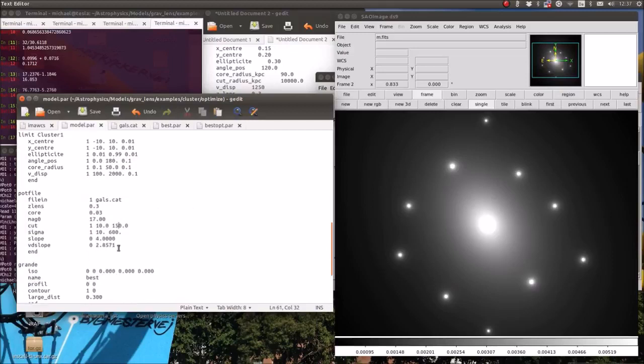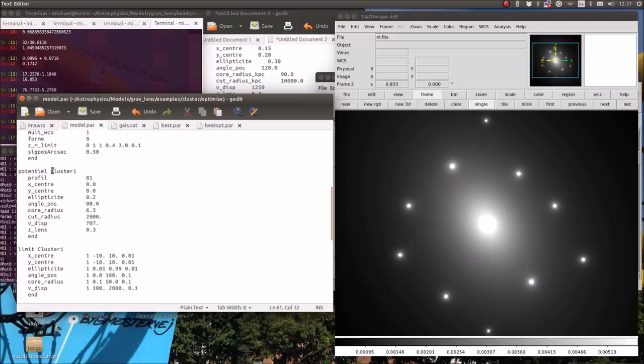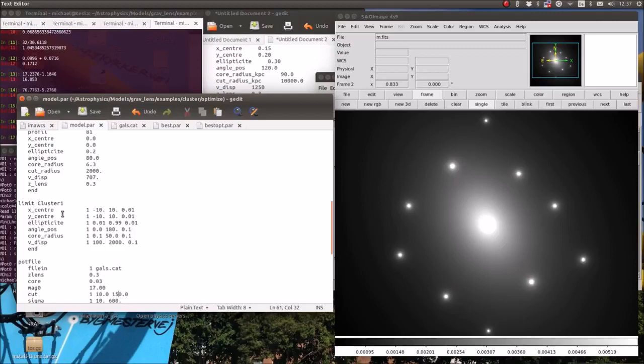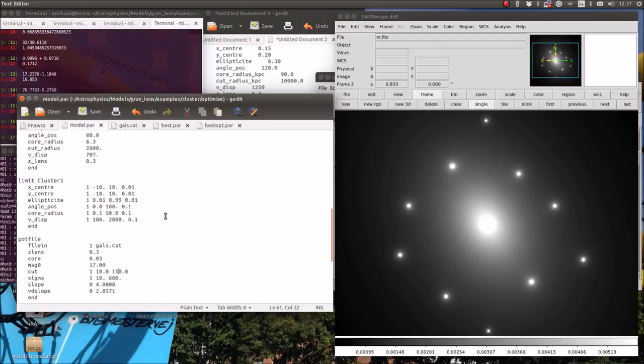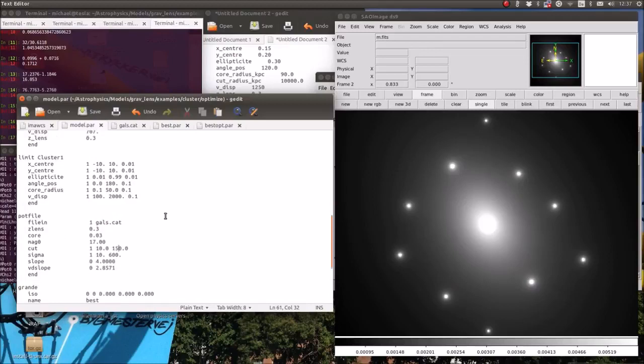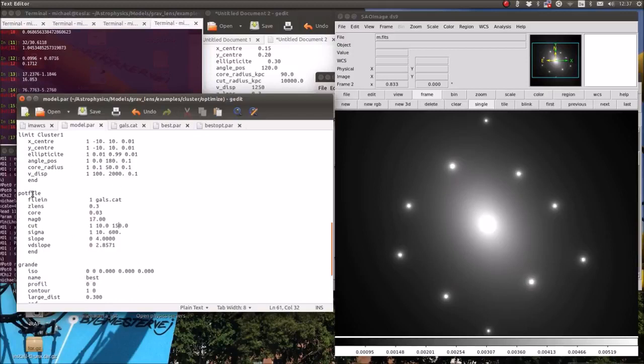And down here, if you have cluster members, you could also put all the cluster members in like a potential like this. But let's say you have 100 cluster members and you have 6 free parameters for all of them. Let's say that you exclude the centers, so you only have 4. Then you would get 400 free parameters just for the cluster members alone. So that's not doable. Instead, you include them in this potential file here, where you include